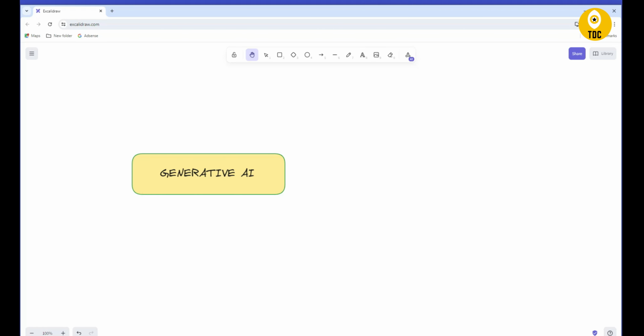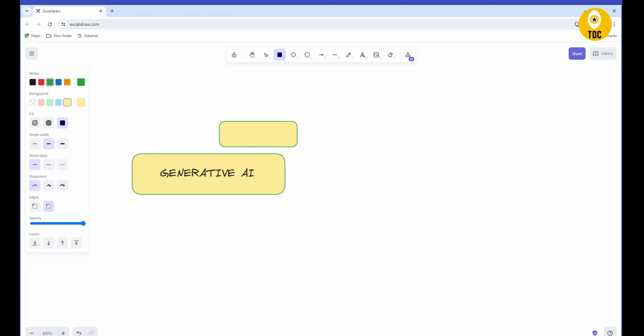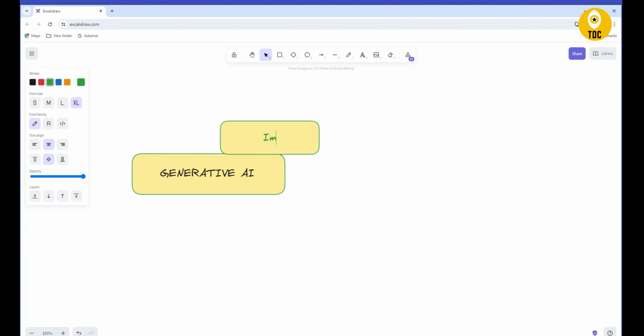So what exactly does it generate? It can generate images, text, music, and other data. It can do a lot of operations. As we said, it can generate images, audio, video, and very importantly, text.